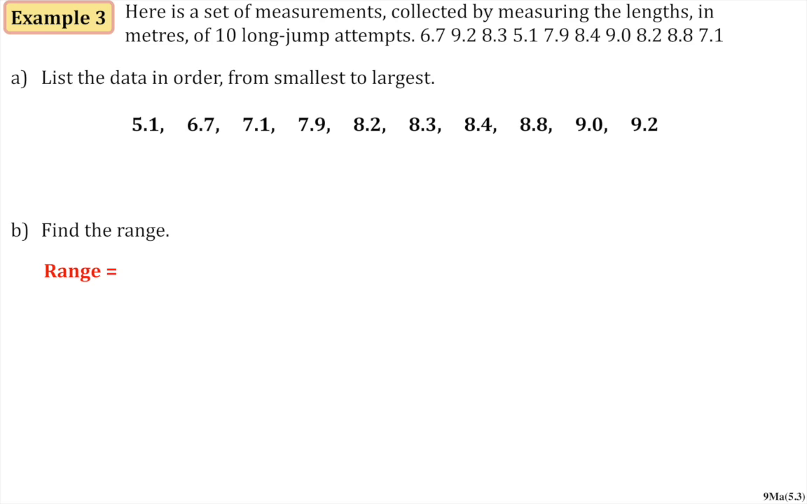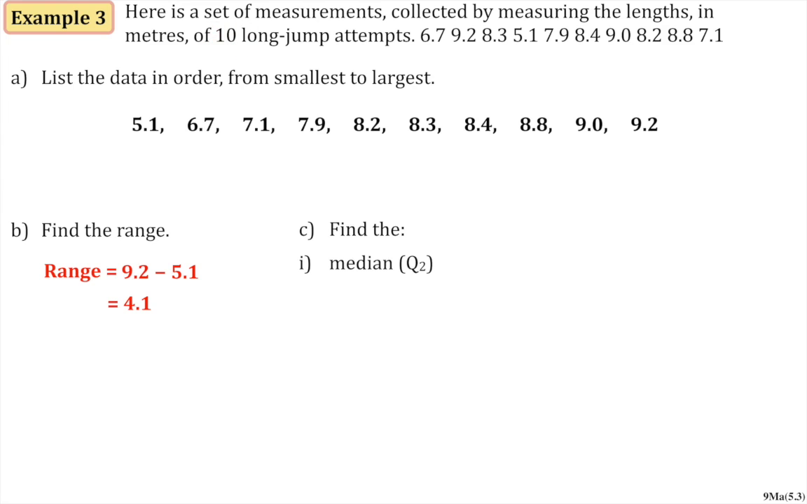It says find the range. Well, that's easy because that's just the biggest number take away the smallest number. 9.2 take 5.1 is 4.1. Let's try and find the median though, the middle number. Well, how many numbers are there? 1, 2, 3, 4, 5, 6, 7, 8, 9, 10, which is good because it says up here there are